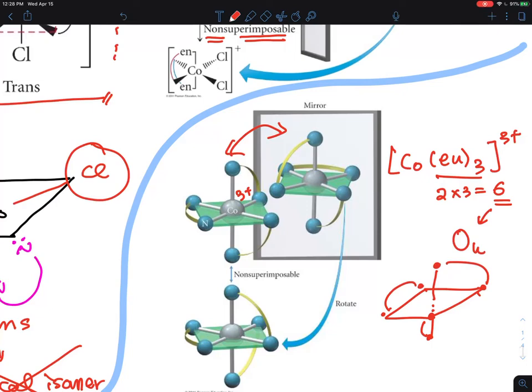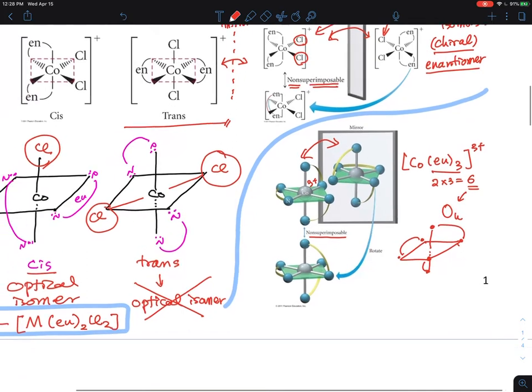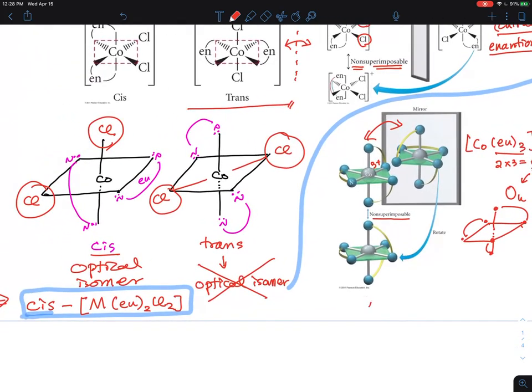If you take these mirror images, bring one down and rotate it a little, you'll see that the axial position and the planar equatorial position do not have the same connectivity, right? So this is not superimposable. They are different. So what that means, in a simple sense, is